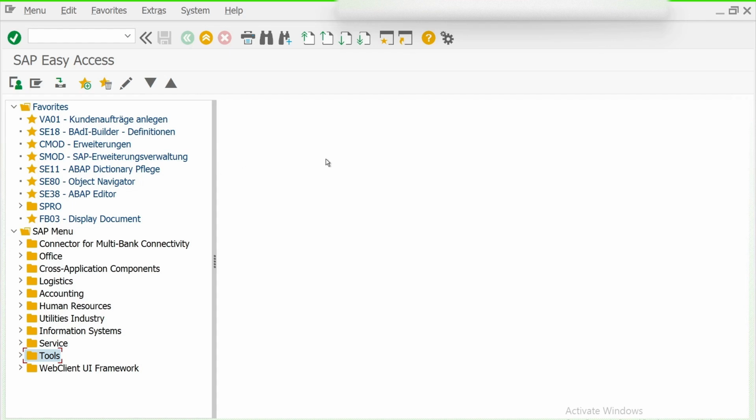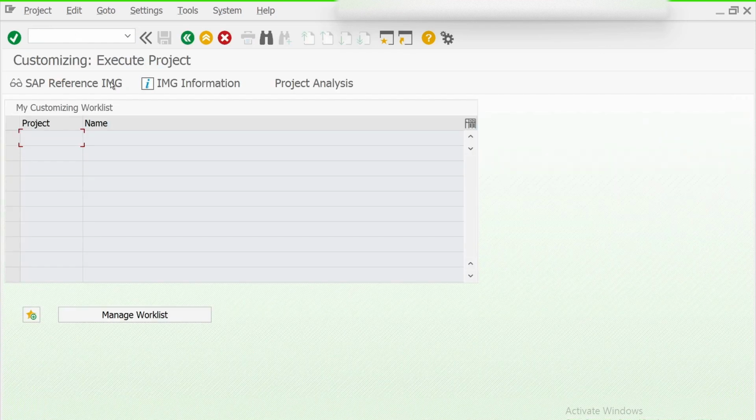We can directly land on that particular screen of the implementation tree. You can simply give the T code SPRO. Once you give that and click on enter, it will give you the same screen. So these are the two paths. So now how is this particular screen used.